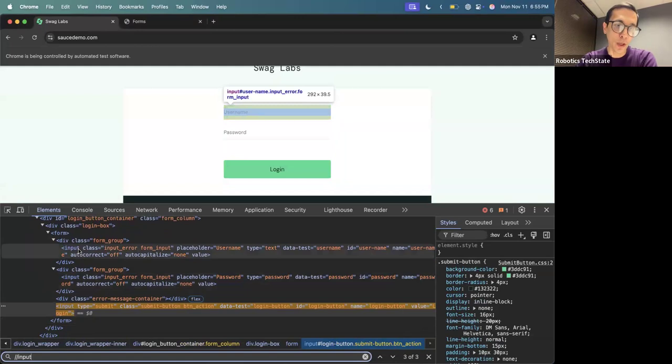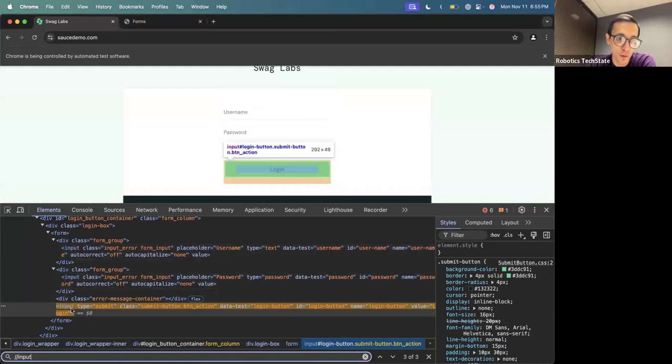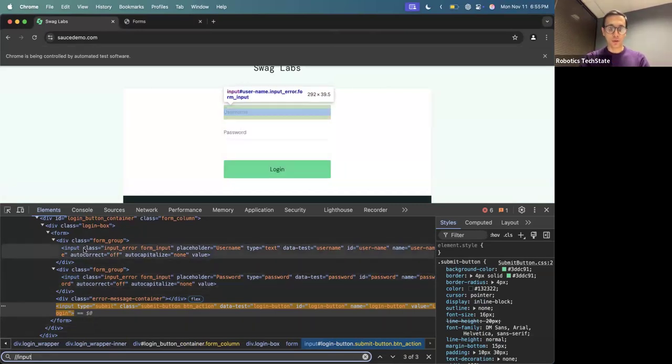So if you see in our page, we have 3 inputs. First input, second input, third input, right? So this is a username, password, and the login button. Yes. So this is all input. Now we need to